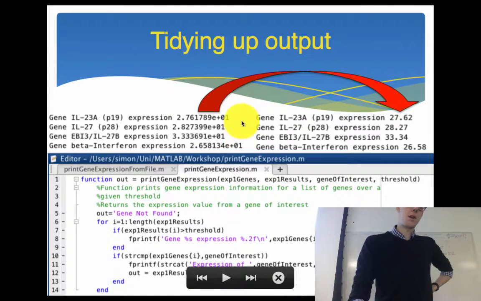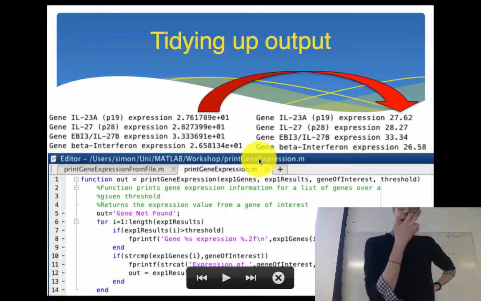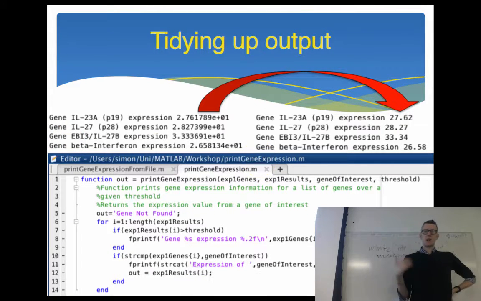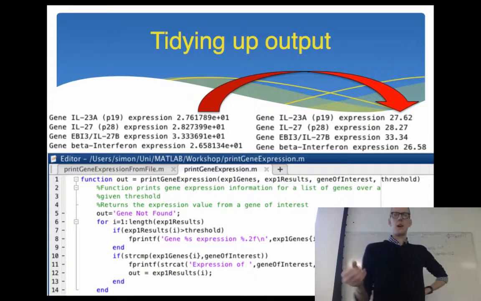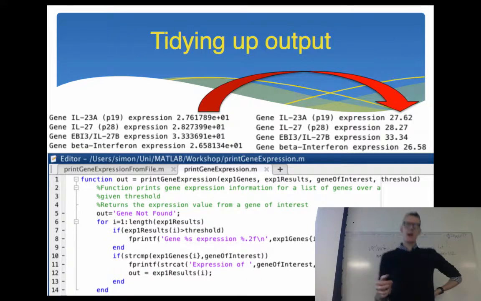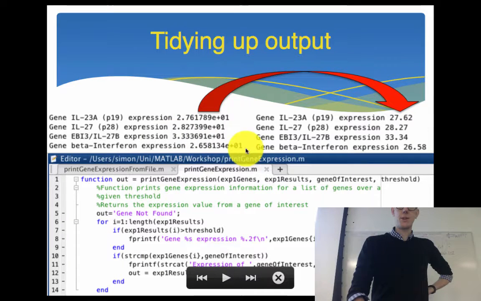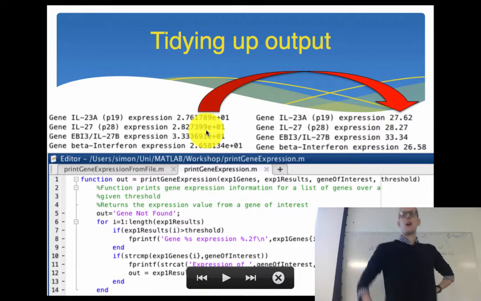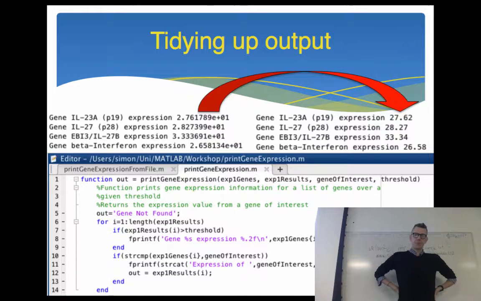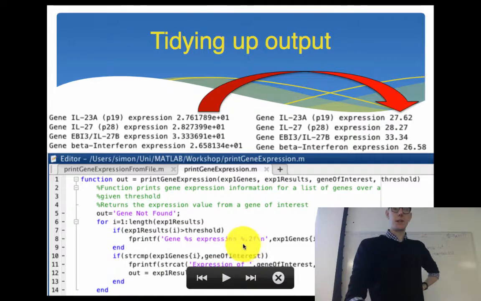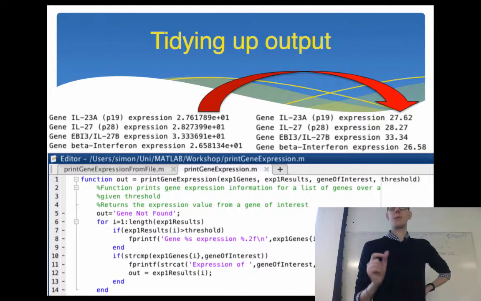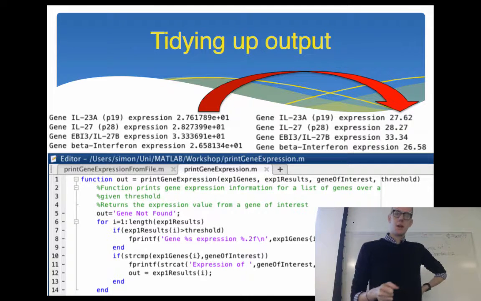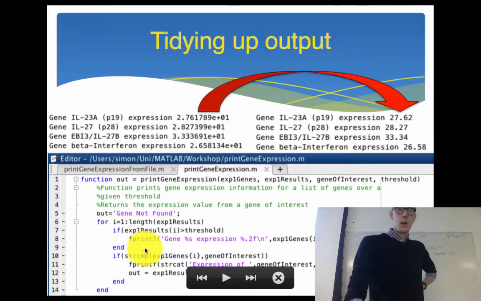And so the output from running that looks something like this on the left. That is the gene name and the expression value for every gene in the file. Now, it might look a little ugly. You might have this scientific notation where everything is given to crazy levels of detail. One way to tidy that up is to adapt the print statement in our print gene expression function to give a different level of detail, so to give a different number of decimal places in the numbers that it prints. So what we had here was,